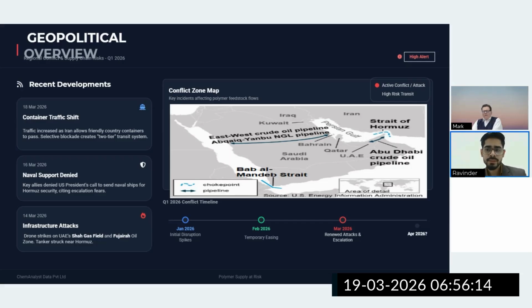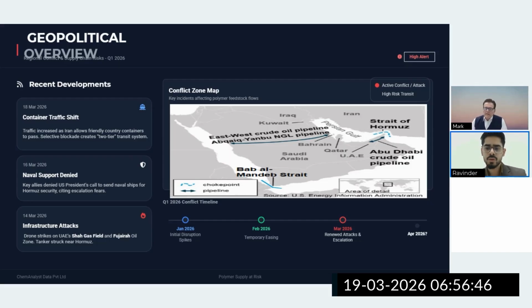However, I don't think they have directly faced the shockwave of this crisis now, because the $100 a barrel crude oil has reached. And other than RIL, there are other companies which have increased prices. Like PVC prices have been increased by 6,000 rupees per metric ton, and PET prices have increased 3,000 rupees per metric ton. Polystyrene prices have been increased.